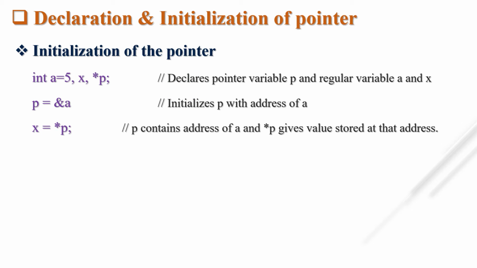So here we see how to initialize the pointer. A = 5, it is a normal variable. X is also a normal variable. This is *P. The compiler is able to know that this asterisk P is a pointer. That's why we have to put this star whenever we declare. Okay. How to initialize this particular pointer? So here we initialize the pointer: P = &A. So P will store the address of A. As we know, the pointer is always going to store the address of another variable. So here we initialize P so that it stores the address of A.